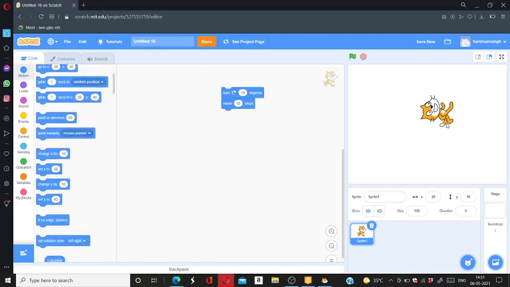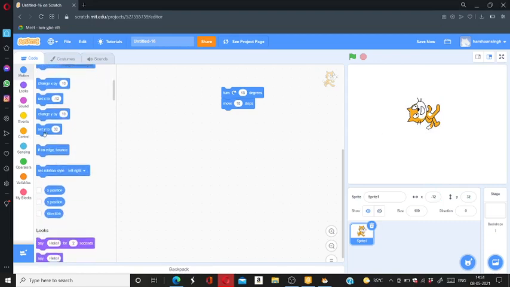And let me tell you one thing, if you are new to any type of coding, the x position is when the sprite goes like this or this. The y position is if it goes like this and this. So these are the if on edge bounce. If I put the if on edge bounce in a forever loop, then what will happen? Then if the sprite goes on the edge, it will bounce and go to the other side.